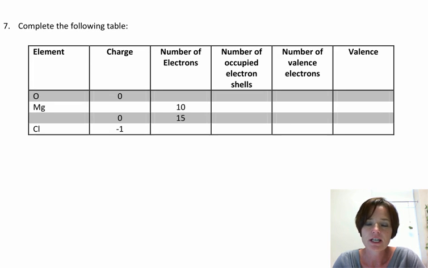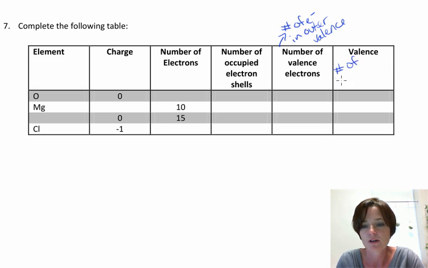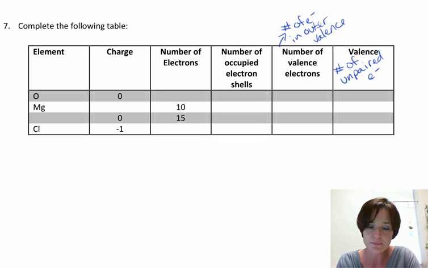Question 7 is still looking at electron configurations and how many electrons happen to be in the valence shell. Just a few things to point out here. Valence electrons, this is the total number of electrons in that outer shell, or what we call the valence shell. So it's a little different from the total number of electrons that we have. And then valence specifically is the number of unpaired electrons. Okay, so keeping all of that in mind, if we go through here and we start looking at it, first